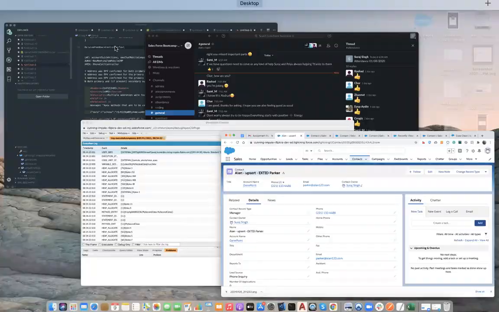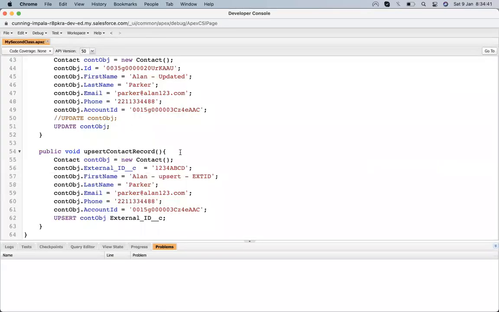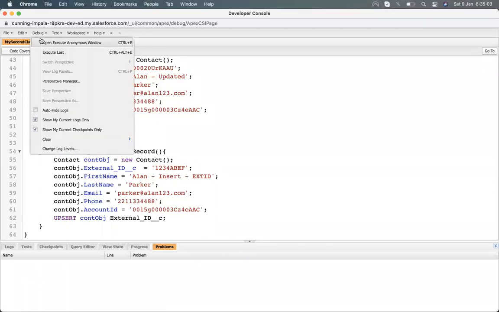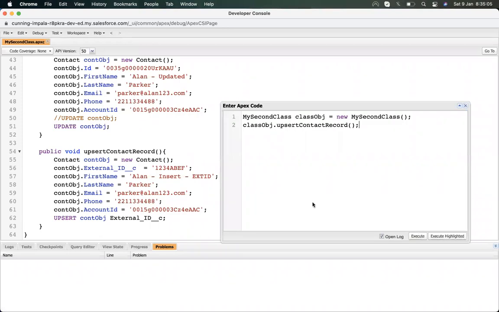Now, suppose I change the external ID to ABCDEF. If I make those changes, this is not found, so instead of updating, it will do an insert. So let me debug, execute anonymous, and execute it.